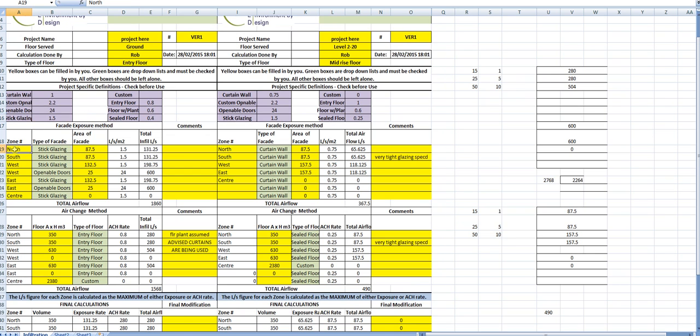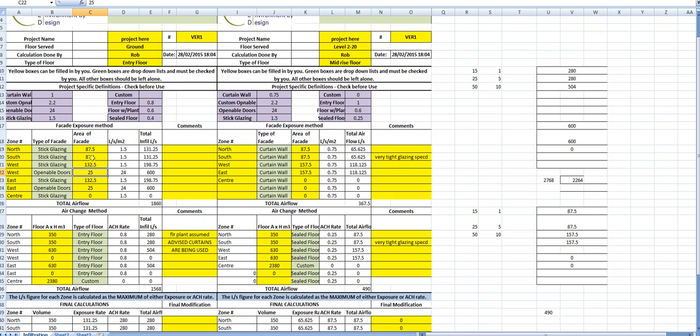And from the ventilation and zoning diagram, you'll enter in your zones. Now, in this instance, we have two entries for west and two entries for east, and that is because those two zones also have openable doors. So for the facade, which is stick glazing in north, you just put stick glazing, but for west you have both the fixed stick glazing as well as openable doors. So you go and select which one you want from your pull down menu,